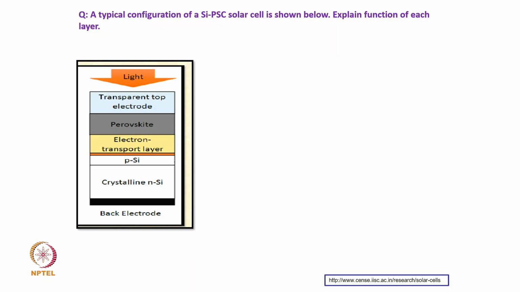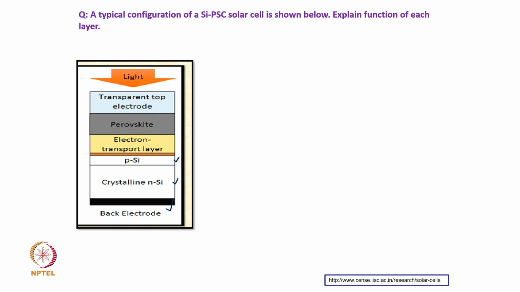So, here we have a p type silicon, here is n type silicon. The lower solar cell which is below has a lower band gap, as I mentioned. So, the lower band gap is a junction solar cell like a p-n junction solar cell made up of silicon. The role of the p-n junction is to generate the charge carriers when photons fall on this junction, and then transport the charge carriers towards the back electrode, and this eventually transfers electrons to the outer circuit.